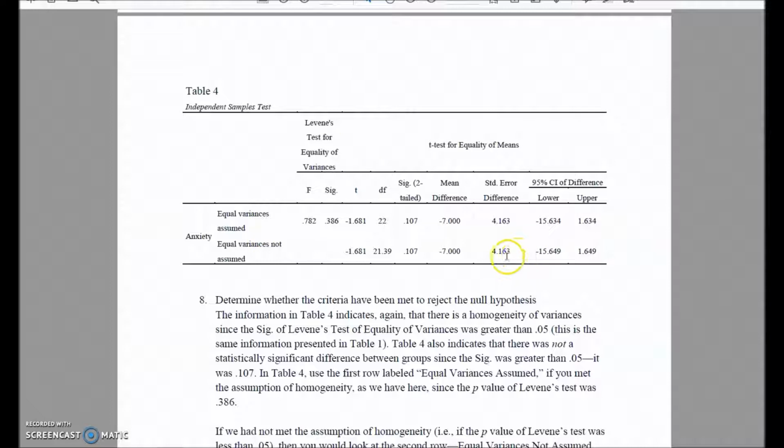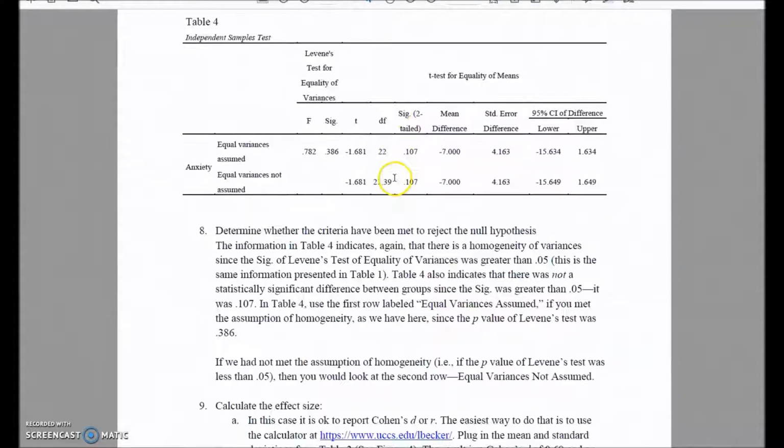So here is all my significance given. If you see that F is 0.782 here. And then where is the P? So I go look at the significance level, and this is my P, that is 0.107. Our criteria that was set was P has to be less than 0.05, but it was not met. So that means we say we fail to reject the null based on this information. Significance is greater, so that means